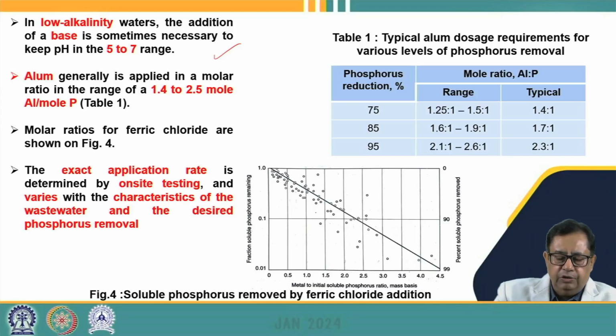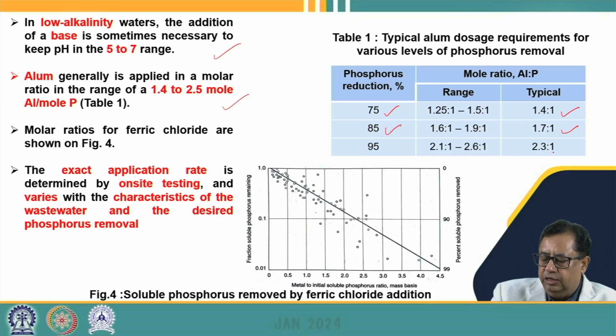Similarly, we should also try to maintain the metal salts to phosphorus ratio, so that the optimum removal of the phosphate may take place. For example, here table 1 shows us that if we are adding aluminum to phosphorus at a ratio of 1.4 to 1, we may get a reduction of nearly 75%. Whereas if this ratio is increased to 1.7, 85% of the phosphate may be reduced. And similarly, when we increase this ratio to nearly 2.3, this may lead to the reduction of 95% of